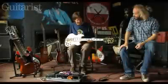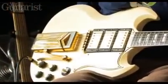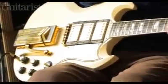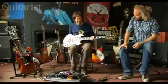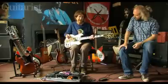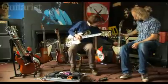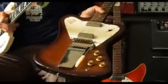This is a 1963 Les Paul SG Custom, one of the last of the Les Pauls. I think this came from around about May or June of 1963. And by that time, the Les Paul contract had expired, and they were now concentrating on just these guitars, calling them SGs. And they put the Maestro, like on this guitar, what they call the leaf and lyre vibrato, which